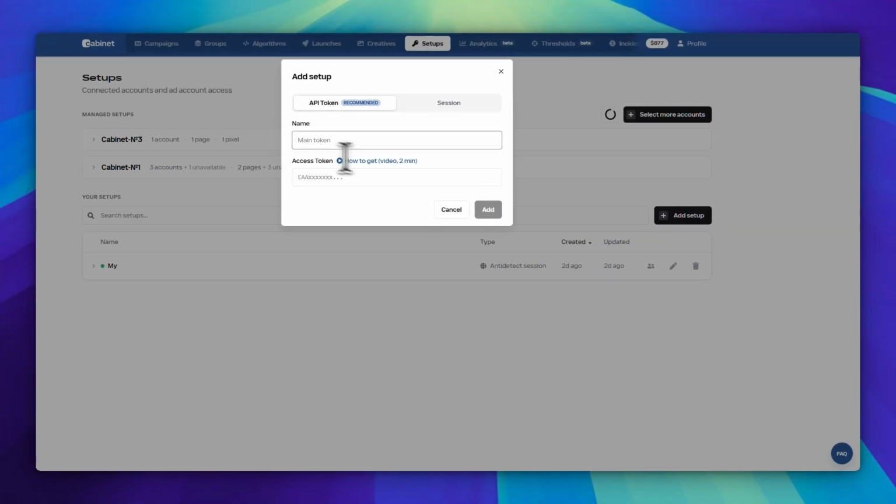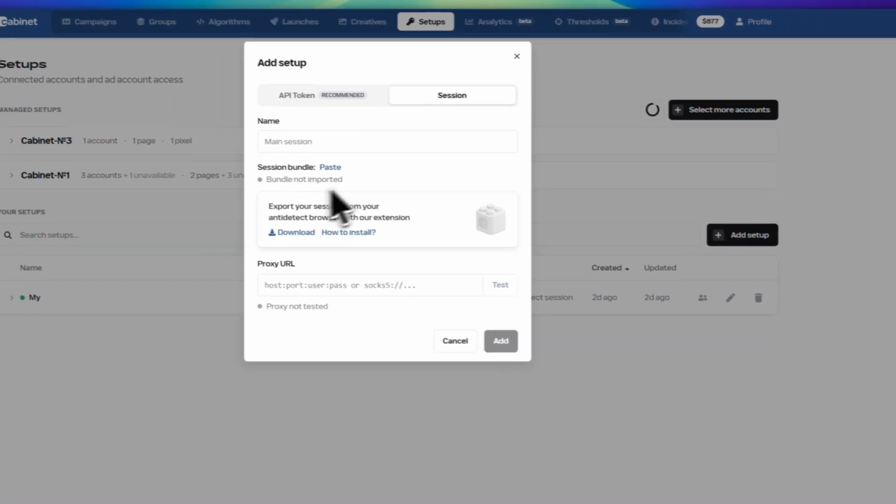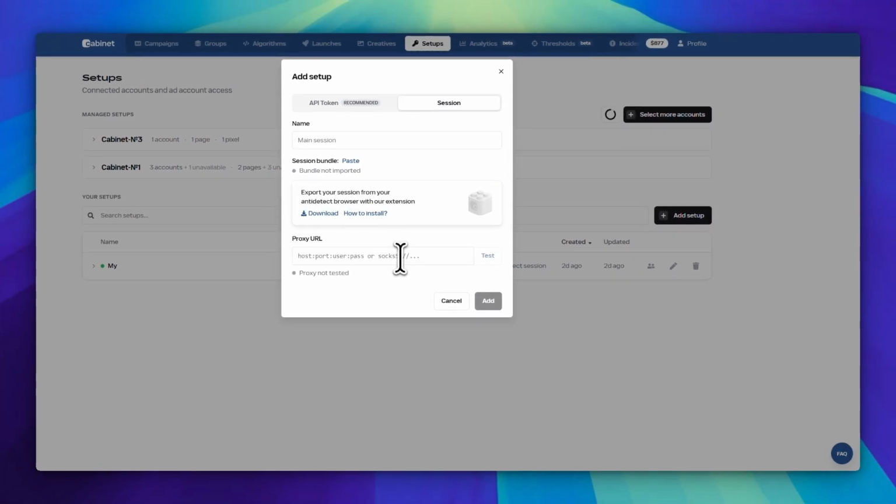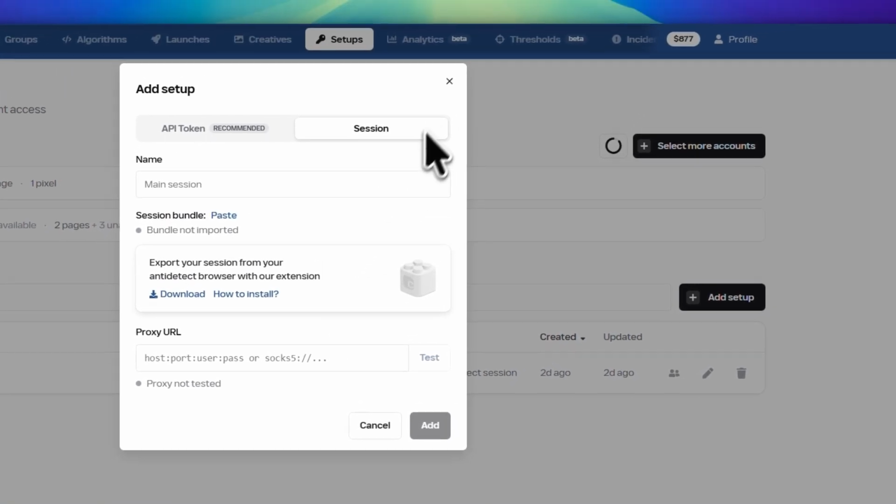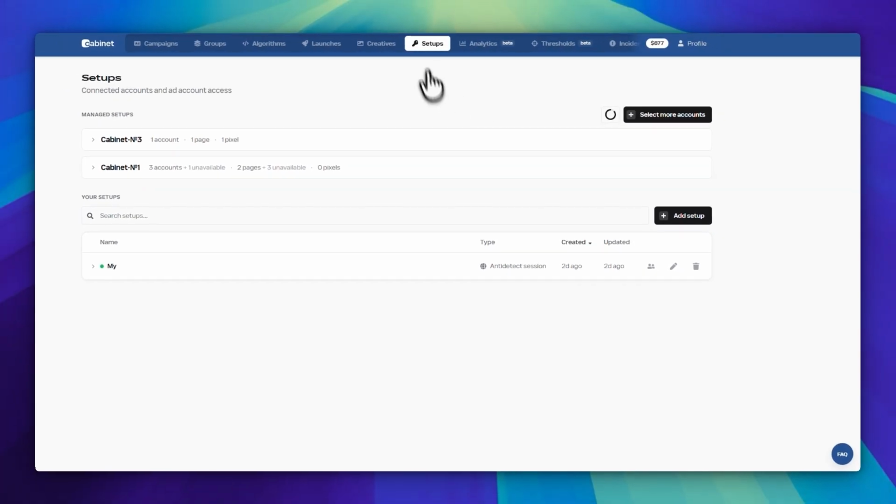Previously, an API token was required to connect an account. Now, there is a second connection method via an anti-detect browser session. This is convenient if you do not have direct access to the business manager. For example, if you work with agency accounts or for some other reason cannot obtain a token in the standard